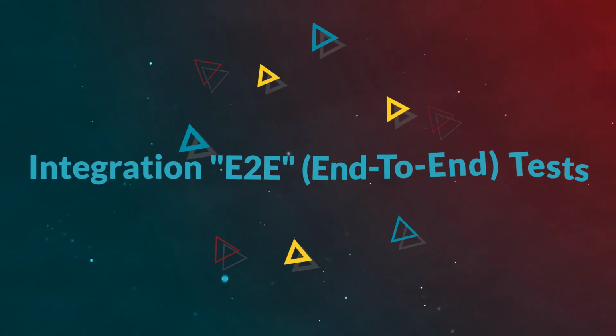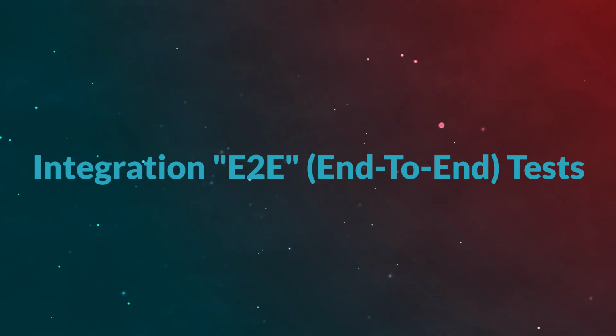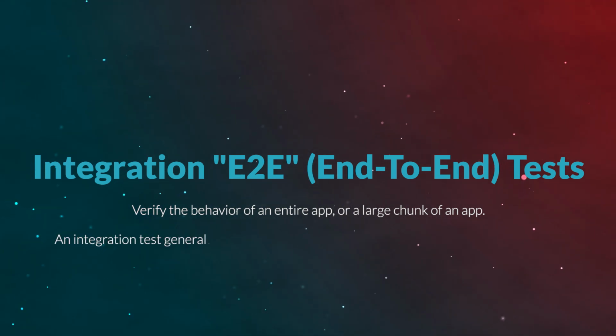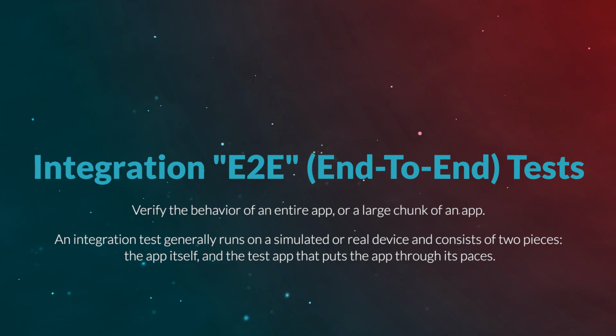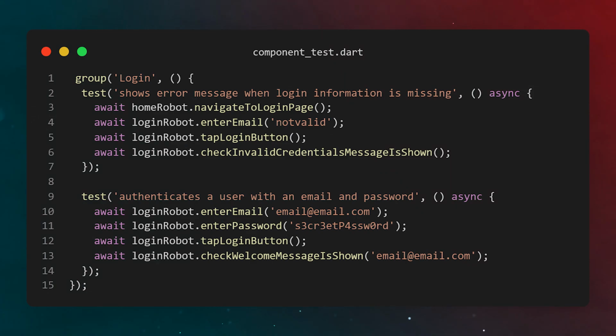Other types of tests we'll see in the future are integration and end-to-end tests. As their name implies, these verify the behavior of an entire app or a large chunk of an app. An integration test generally runs on a simulated or real device or on a browser in case of web, and consists of two pieces, the app itself and the test app that puts the app through its paces. An integration test often measures performance, so the test app generally runs on a different device or OS than the